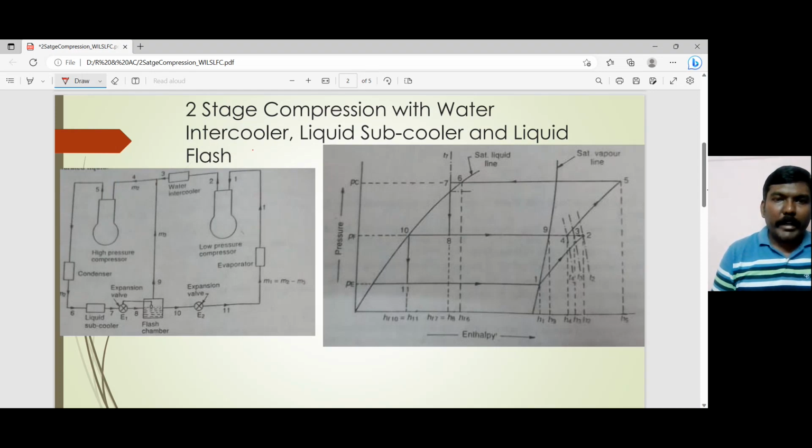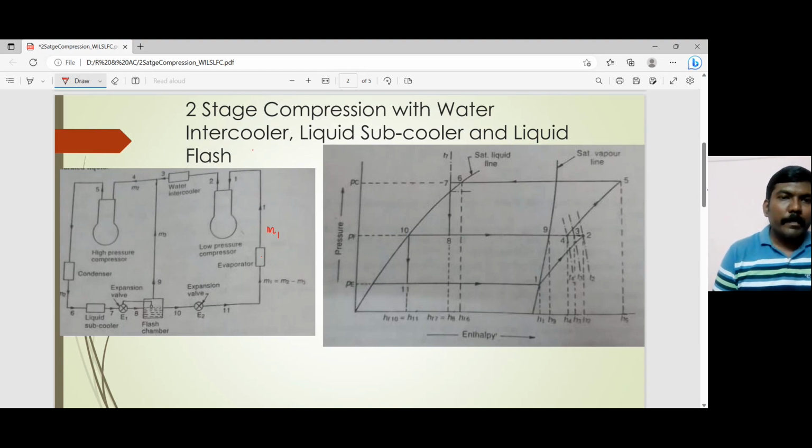So we have the evaporator. In the evaporator, this is where you extract heat from the storage space, whether it is a food item that is being stored, or a room where human beings are there. So this is the region from which heat is to be removed. That is my evaporator, and you can see that M1 is the amount of refrigerant that enters into the